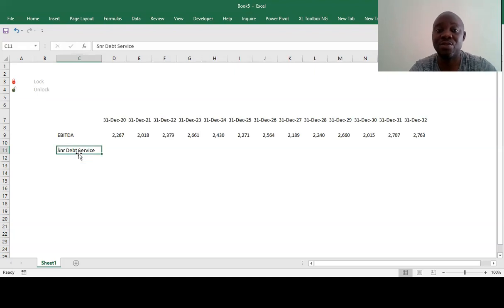But here let's assume that you have already done those computations, and the total debt service, that is both interest and principal, has been summed up.